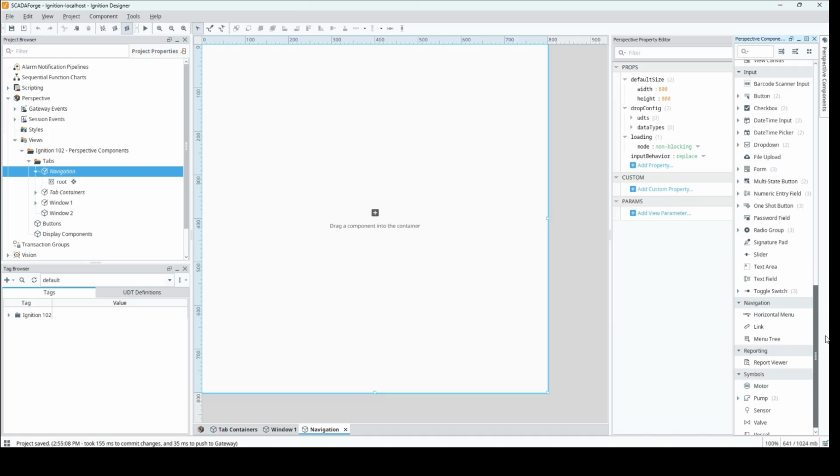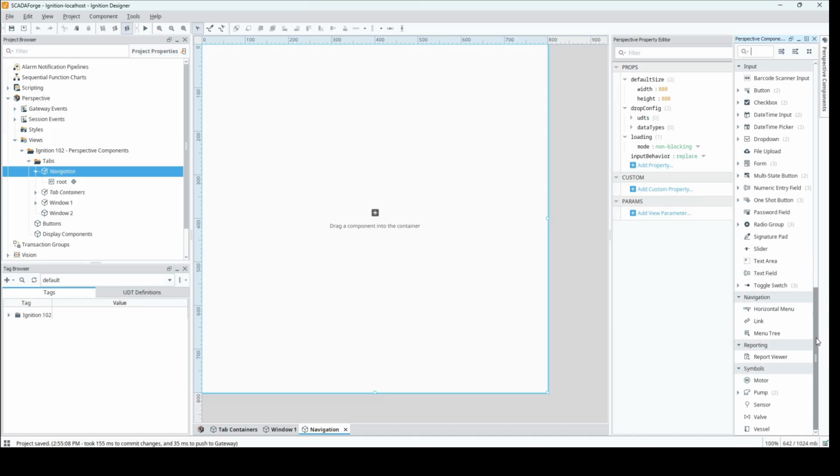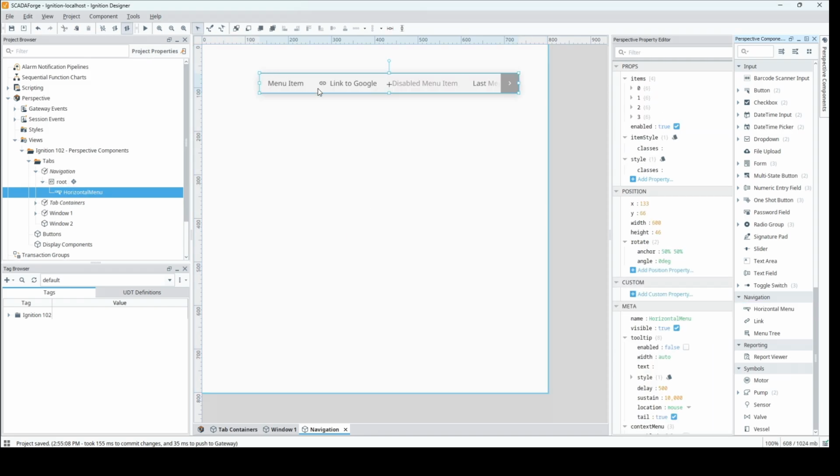But here we can come down to the navigation section of the component palette, and we can get a horizontal menu that matches the tab strip we just looked at. We can use hyperlinks or a menu tree, which is effectively the vertical tab strip that we saw in the Vision section. So for here, we'll just drag over a horizontal menu, and we'll put this up at the top